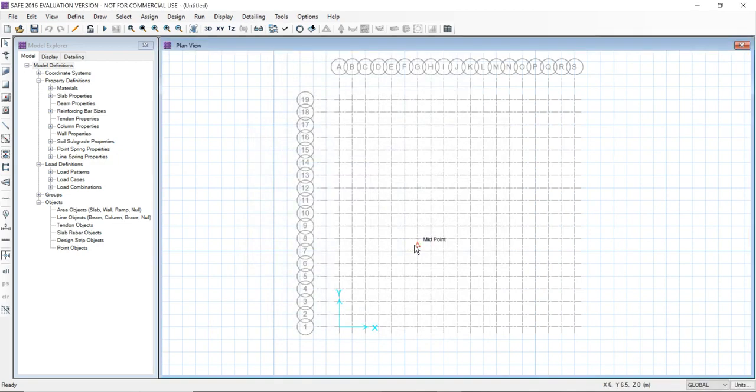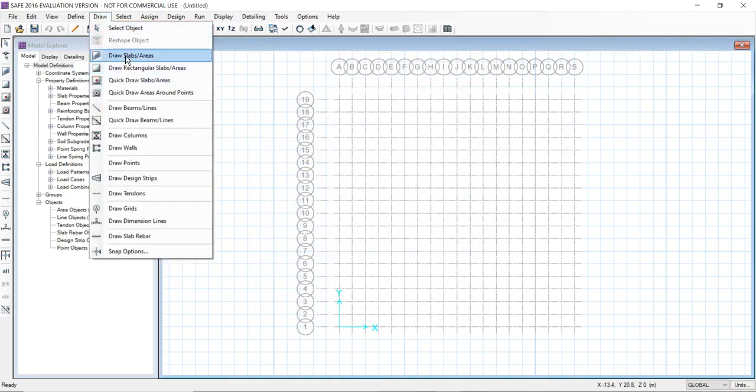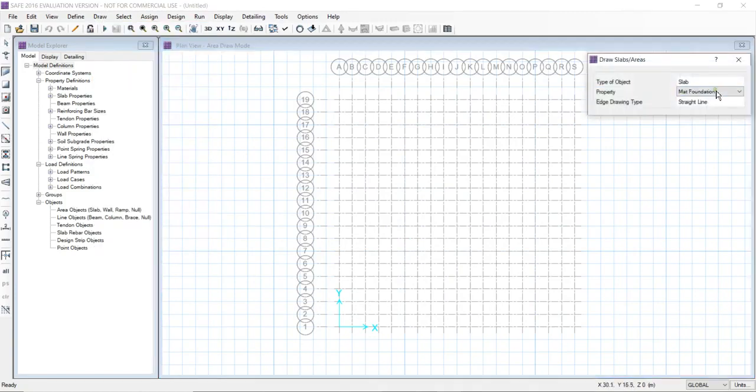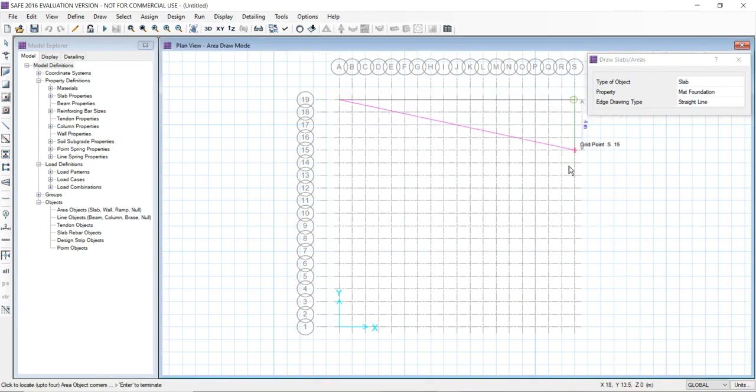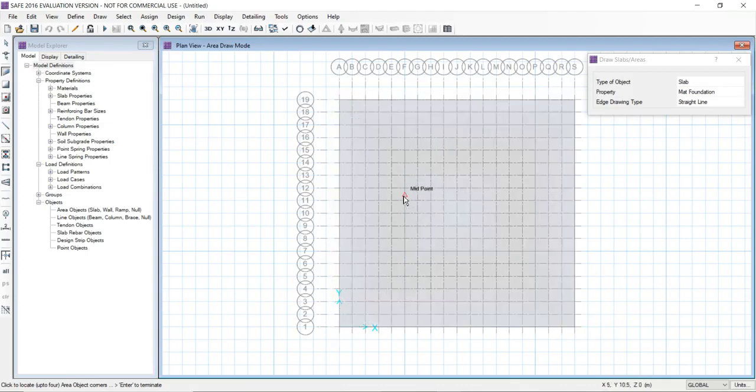Now we will draw the slab. Go to draw slabs. Here check that it is a mat foundation. Now we'll draw the slab by clicking on the 4 corners of the slab: first, second, third, fourth, and again click on the first to close it. Now we have drawn the slab, but we have to extend it by 2 meters in each direction.